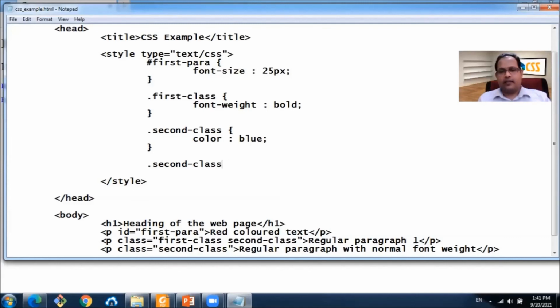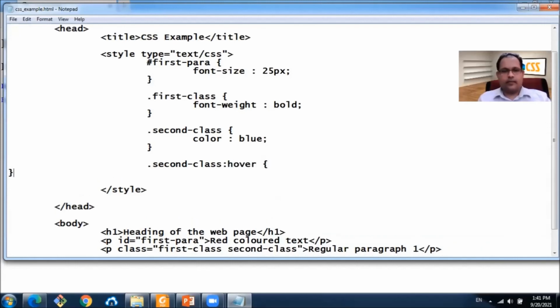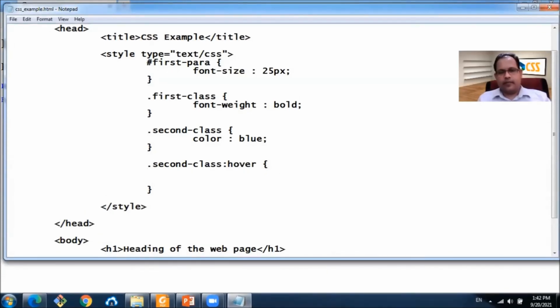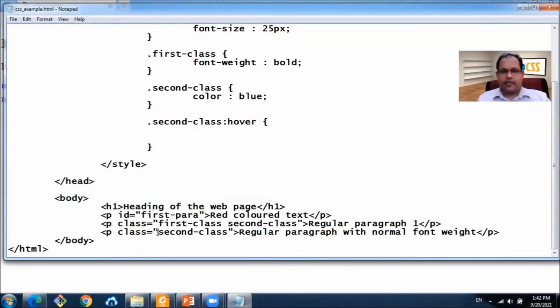To do that, we should use this hover pseudo class. We call them pseudo classes. And when we put our mouse over the second paragraph, the third paragraph with the second class, we will make it a little bit bigger.